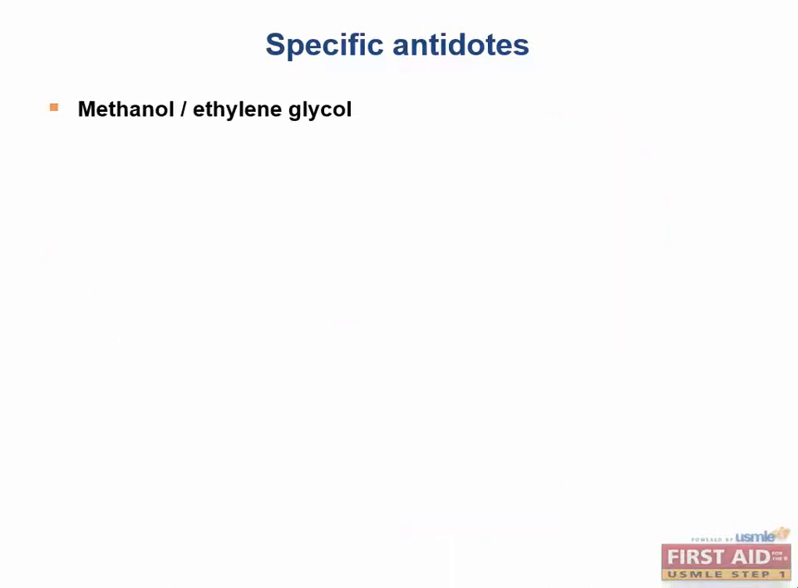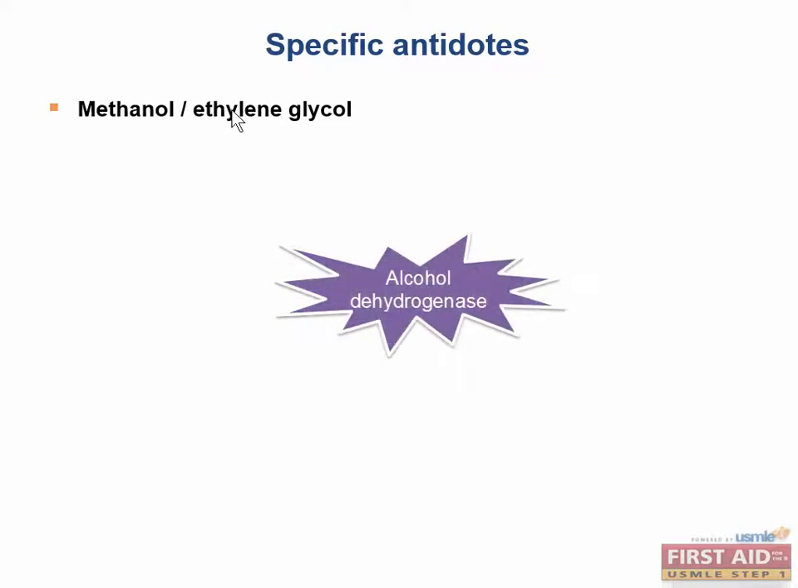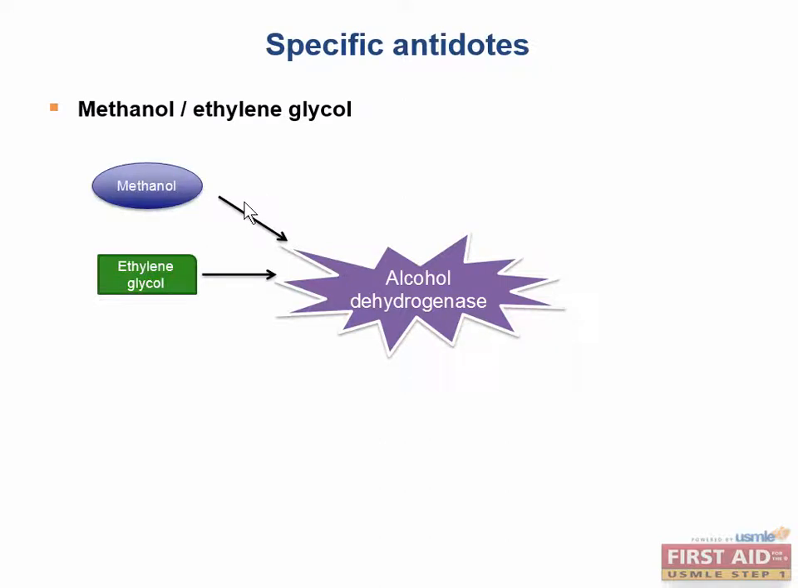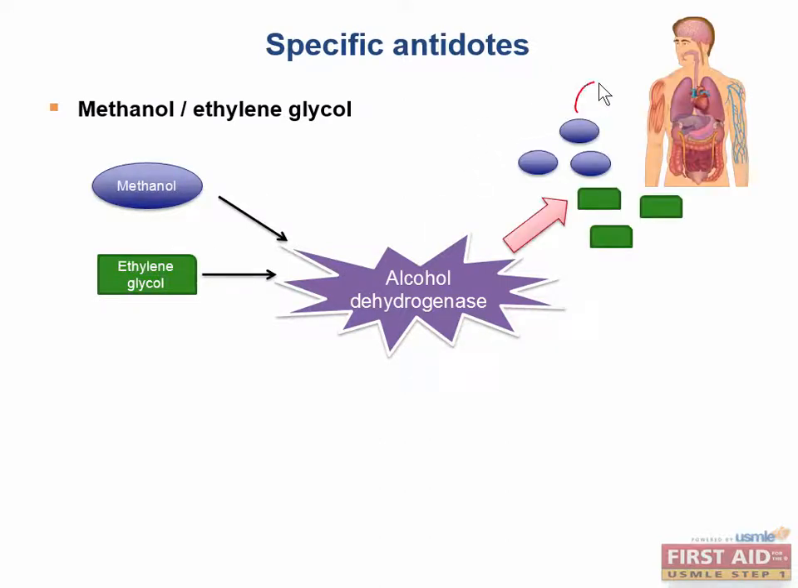Here's a fun toxicity to talk about. In methanol and ethylene glycol poisoning, these actual compounds themselves are not as toxic as the metabolites that they produce. So jumping back to biochemistry, we need to resurrect the enzyme alcohol dehydrogenase. Now this enzyme, alcohol dehydrogenase, turns our methanol and ethylene glycol into its toxic metabolites, which then go on and